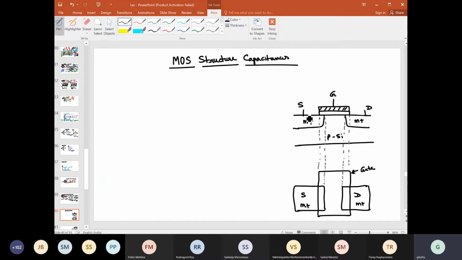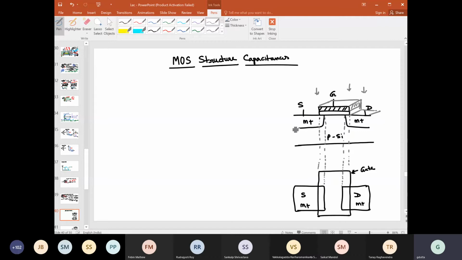Here you can see I have already drawn the cross-sectional view of an N-channel MOSFET and also the top view. If you wonder how this top view comes about, please try to consider it like this. Then it would be clear to you that this is basically the MOSFET in 3D. So you have something in this direction as well. Now if you look from the top, we will see this: this is the source, this is the drain, and this is the gate.